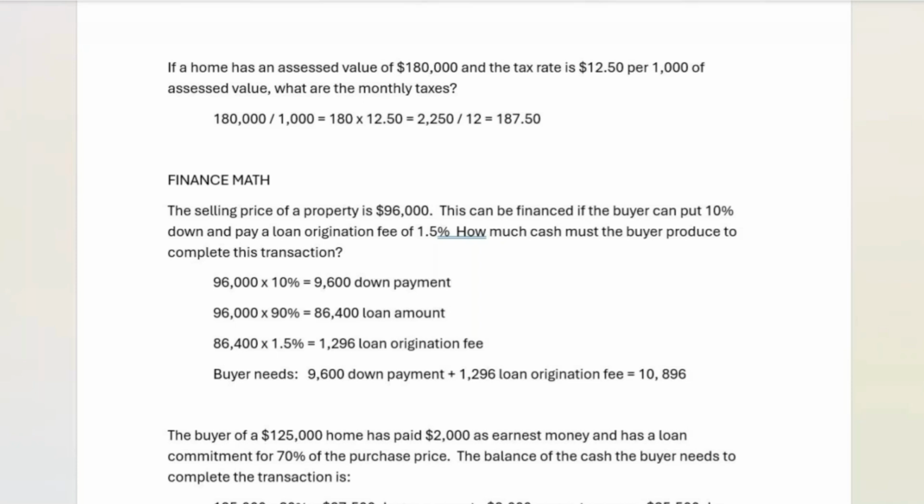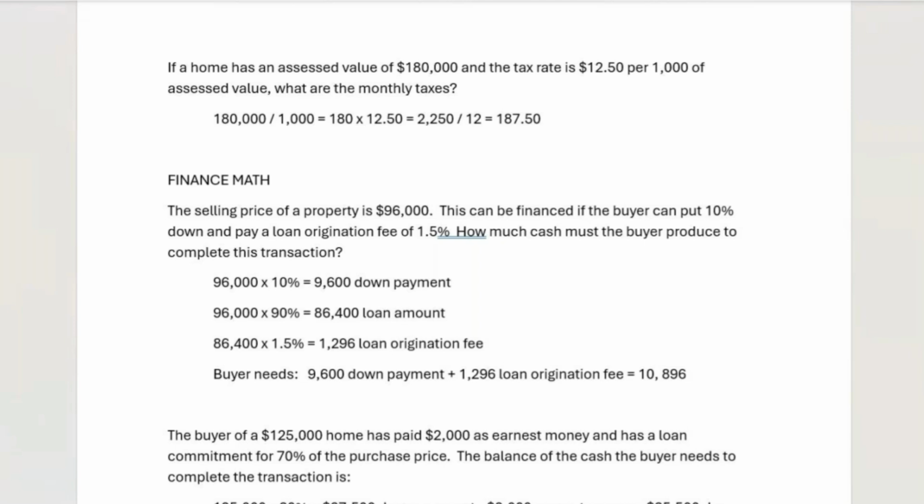If the buyer is putting 10% down, that means he's getting a loan for 90% of the sale price. So we'll need that loan amount, because we have to figure out the loan origination fee. So 90% of the selling price is an $86,400 loan amount. You need the loan amount because the loan origination fee is going to be 1.5% of the loan amount. That will give you